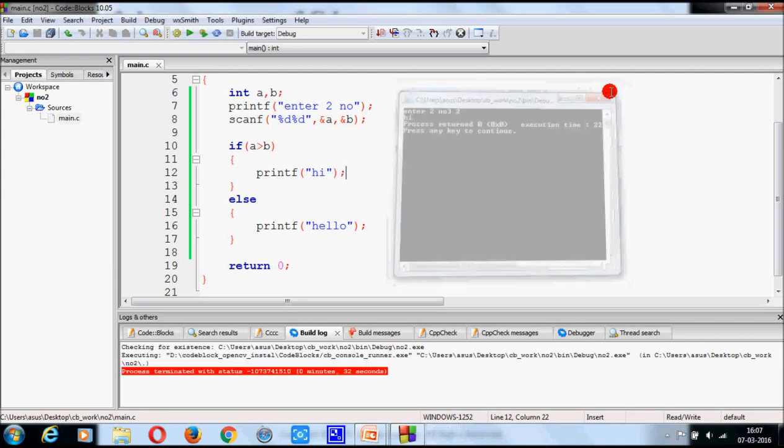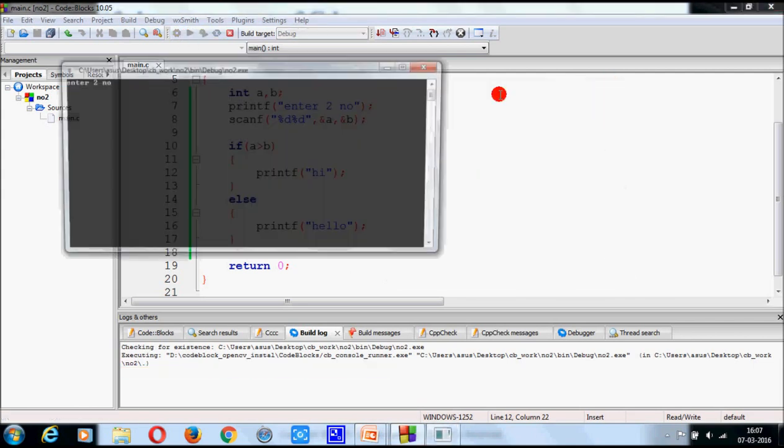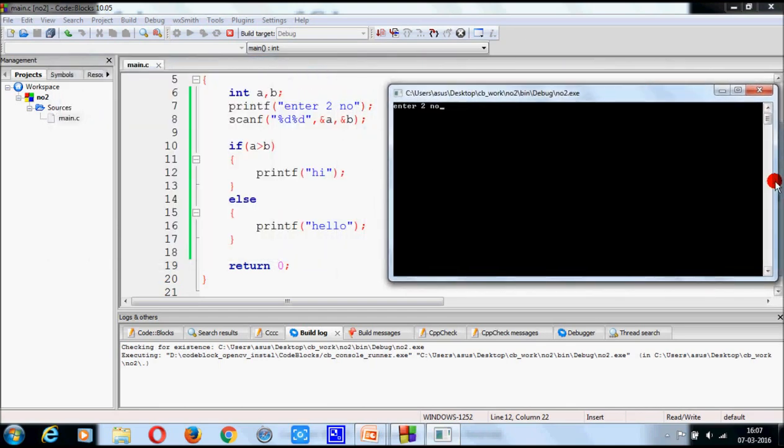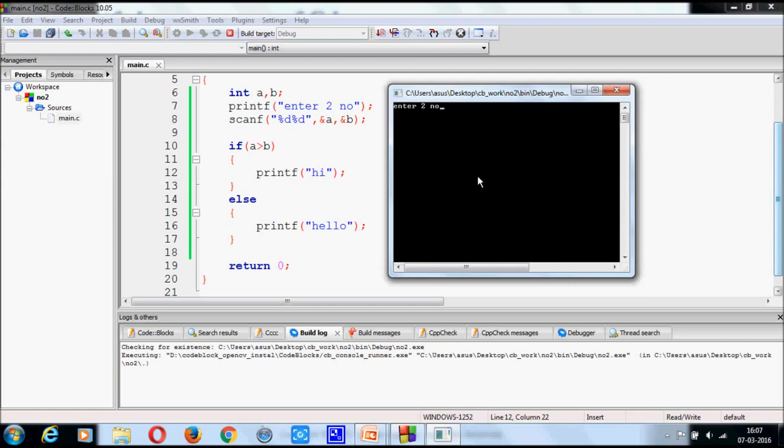Now run this program again. This time the first number is less than the second number. That means 2 is less than 3. Now press enter. Yes, you get hello.